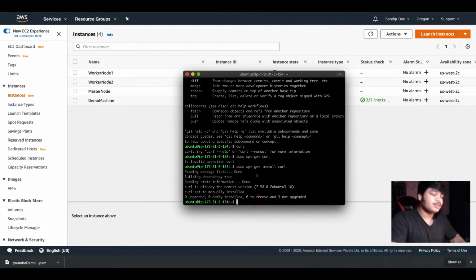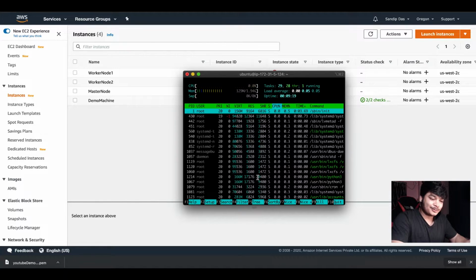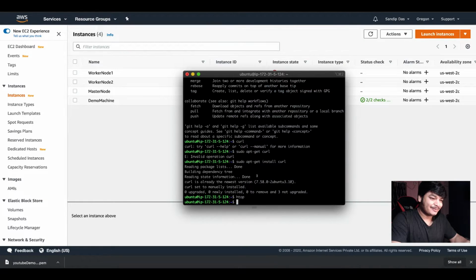Now let's say htop. htop is the command to see the CPU usage and all. I think htop should not be there. htop is also there. Okay, let me think what could not be there. Let's say MySQL.